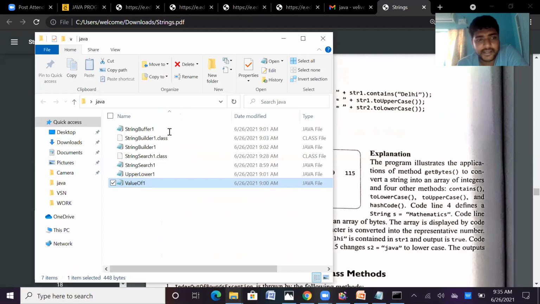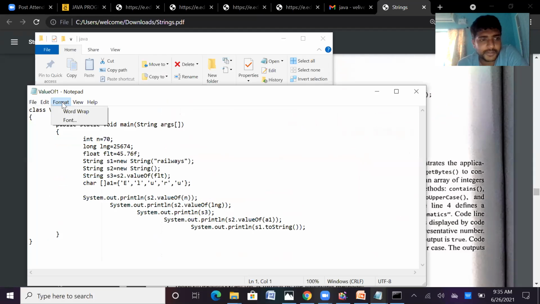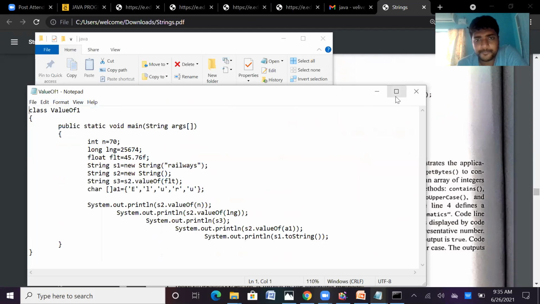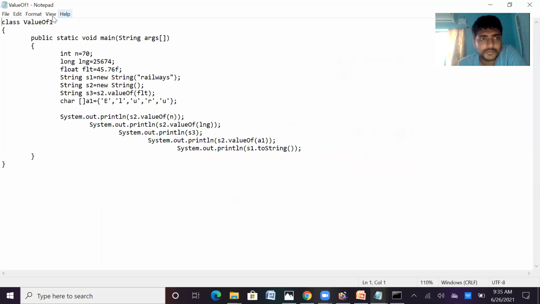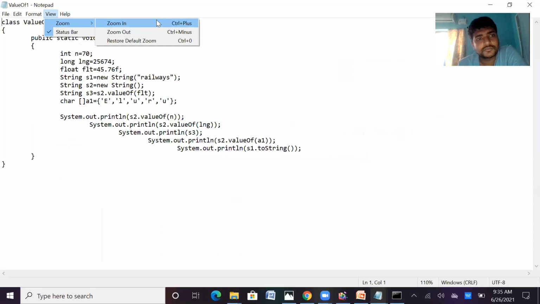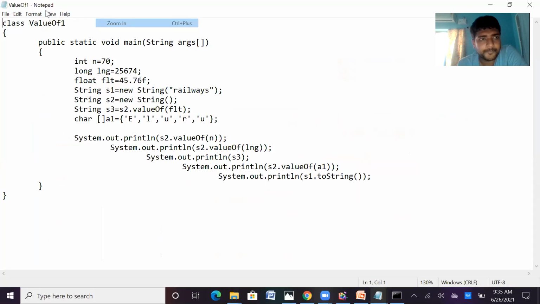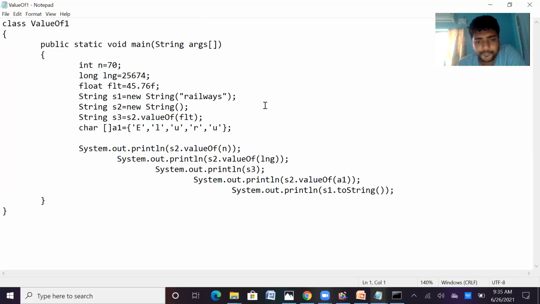So let us see the valueOf method. Here is the usage and implementation of the valueOf method.